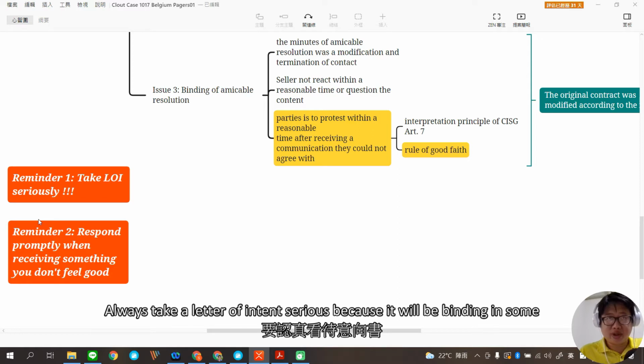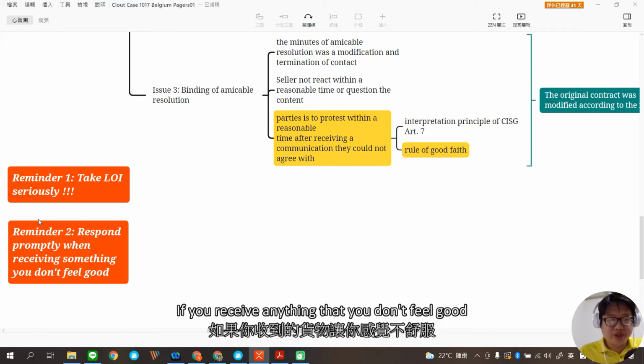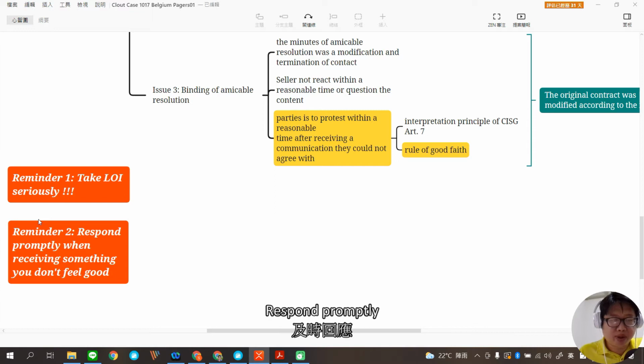Always take a letter of intent seriously because it will be binding to some extent. And the second idea is that if you receive anything that you don't feel good about, please respond promptly as soon as possible. Never postpone it, because in this case, the seller just postponed and didn't reply when he got something he didn't like, and that put him in a very